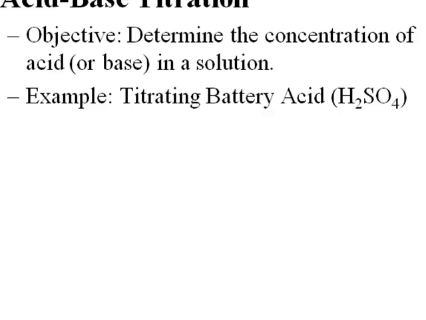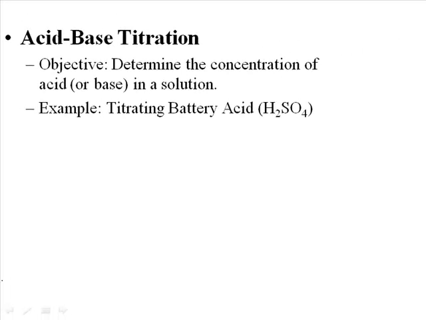acid, which is used in a lot of different settings, including automobile batteries. Battery acid contains concentrated sulfuric acid, H2SO4. But the exact concentration of the H2SO4 depends on the make, model, and use of the particular battery. If we want to figure out what the concentration of the sulfuric acid is, we can do a titration to